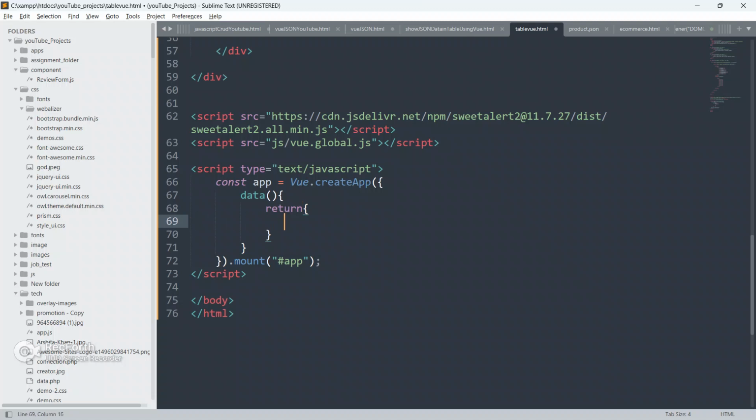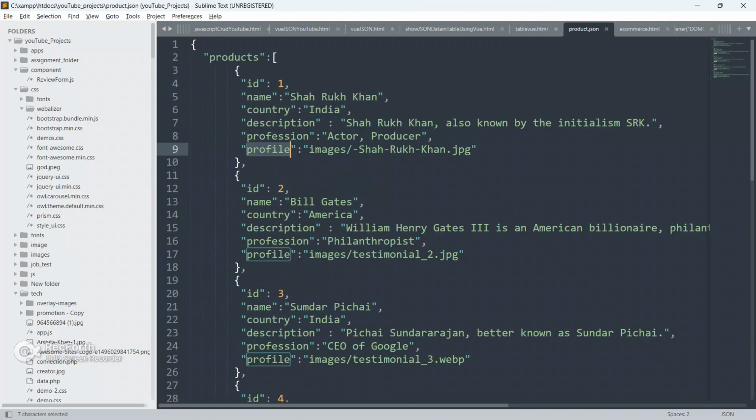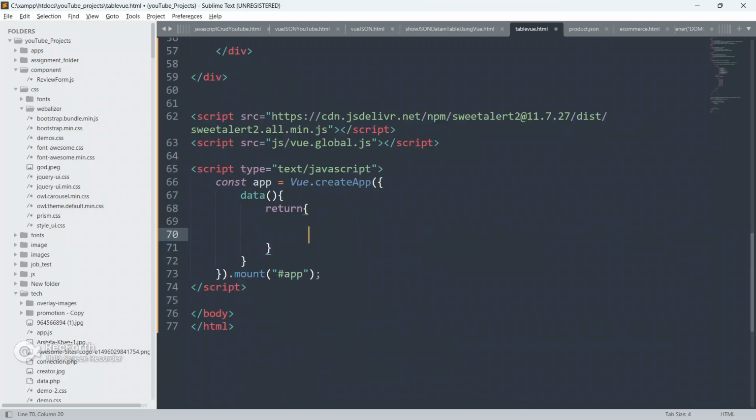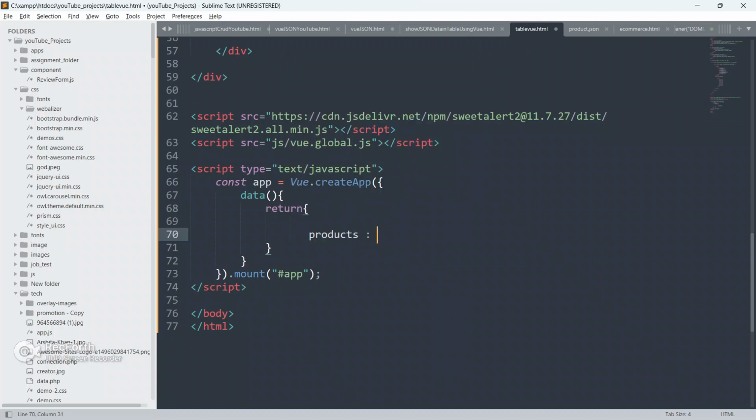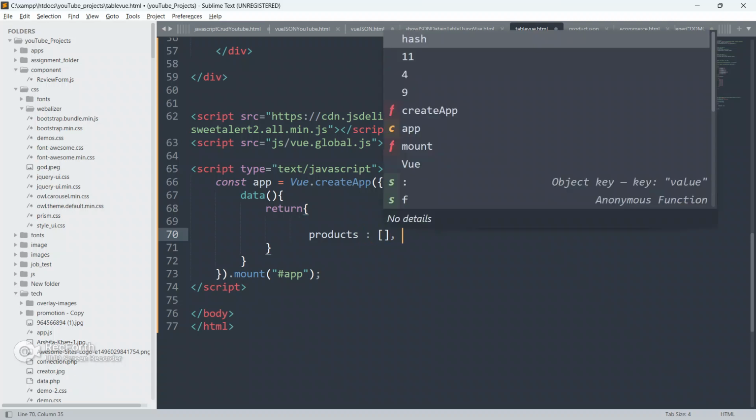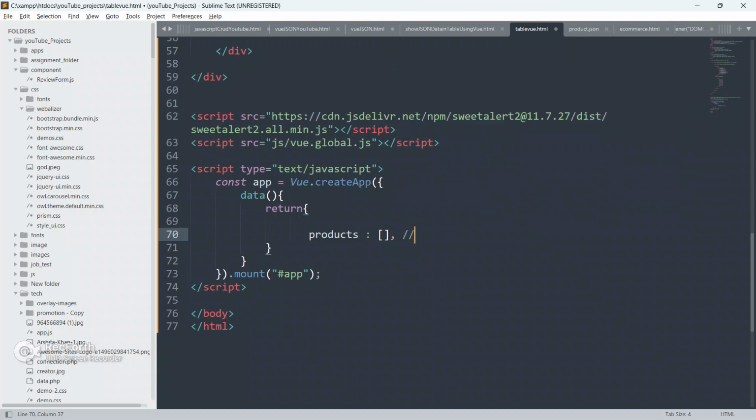Inside the data function return statement, I am gonna create an empty array just to store all the JSON data. I'm gonna give products only and the colon, and create an empty array.